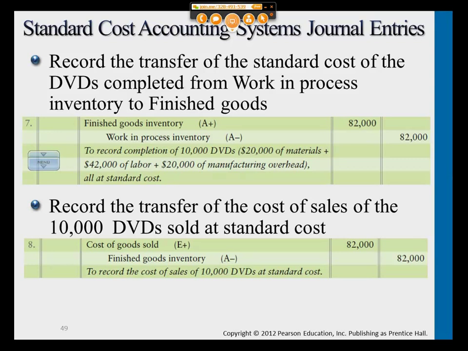So the last, no, not the last, record the transfer of the cost of sales of the 10,000 DVDs sold at standard cost. Now we sold it, right? So cost of goods sold is debited, finished goods inventory credited to record the cost of sales of 10,000 DVDs at standard cost. All right, great, but